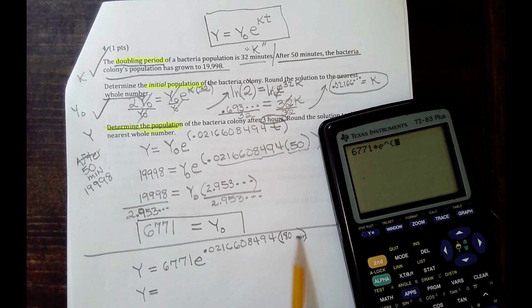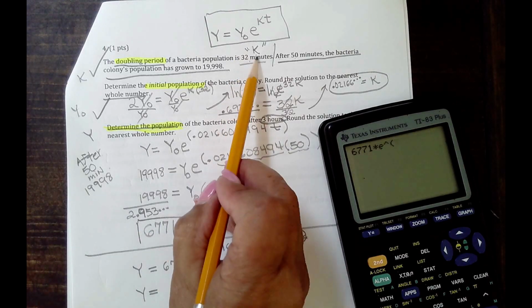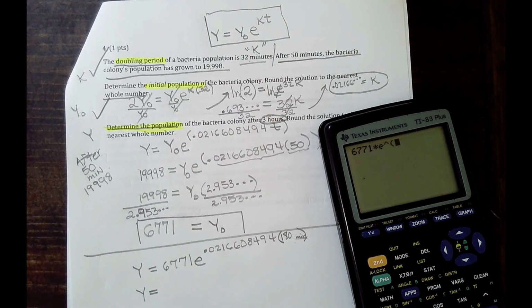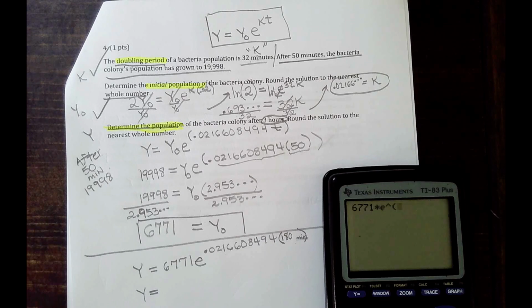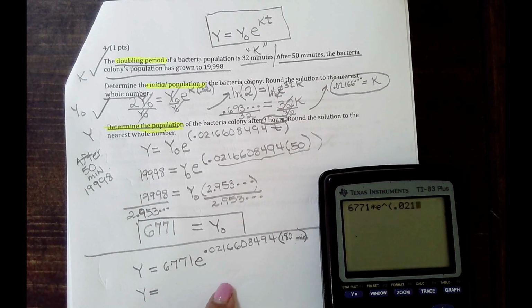I just put that for significance, so you realize why I'm not putting a 3 there and I'm putting a 180: I converted it to minutes so that these units would match the original units for the function. So here we go, putting in the power of e, 0.02166084094 times 180. Close that parenthesis up, and you get